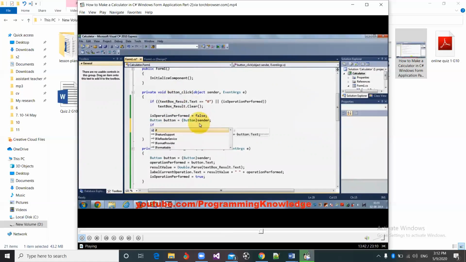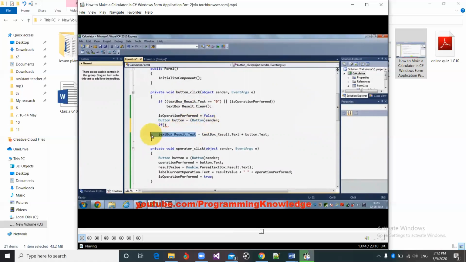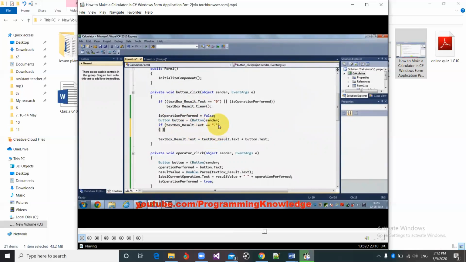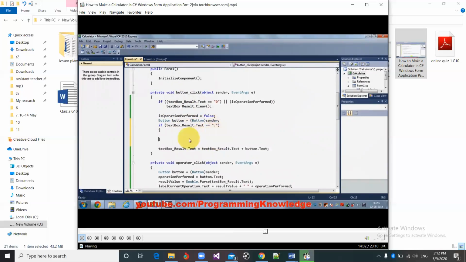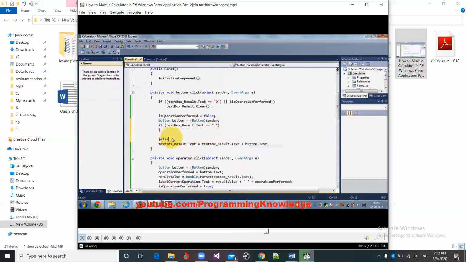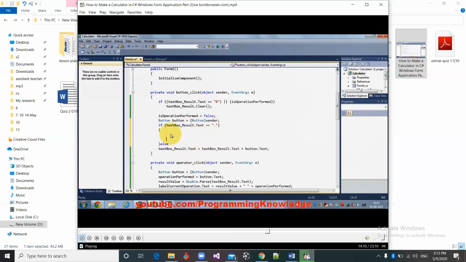So if the text in the text field is this point or decimal, is equal to decimal, this one, and let me provide these curly braces, else I will perform this. Okay, and in here in the if condition, what I need to check is if this text result already contains